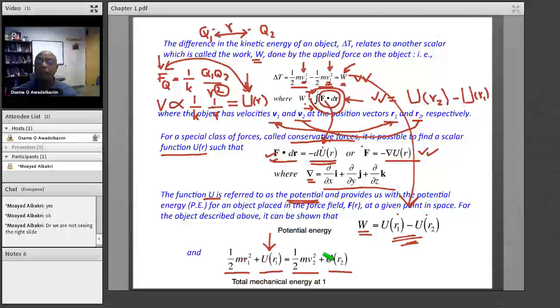And what do we have here? Kinetic energy in position 2 plus potential energy in position 2. So what we have here is total energy, or total mechanical energy